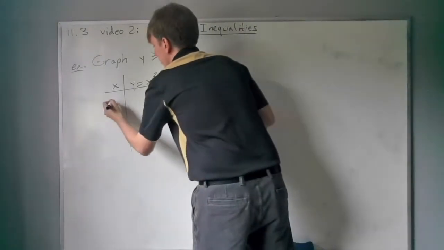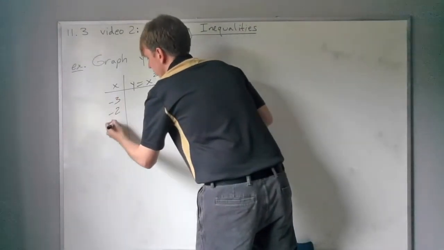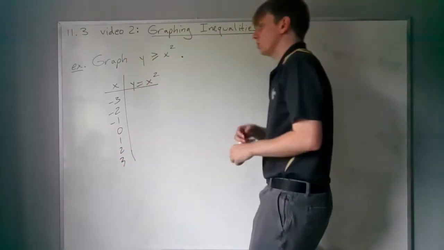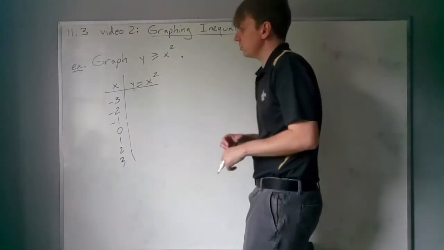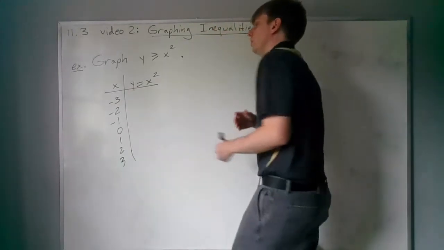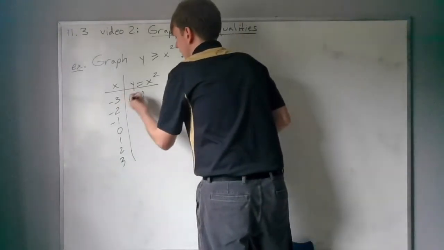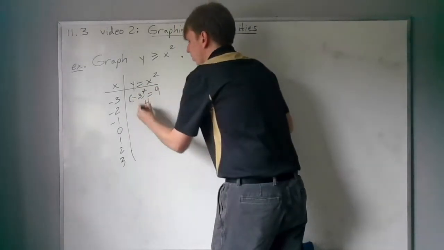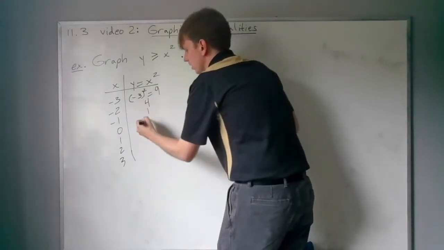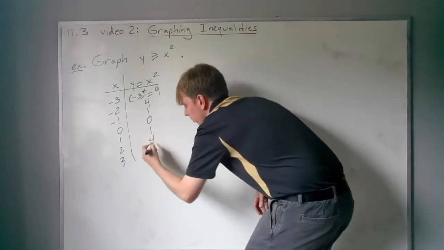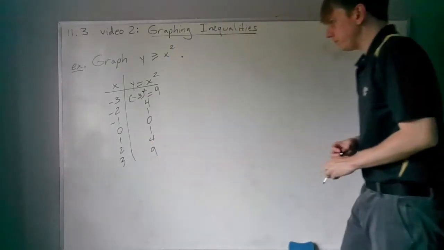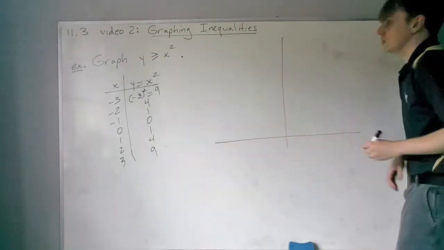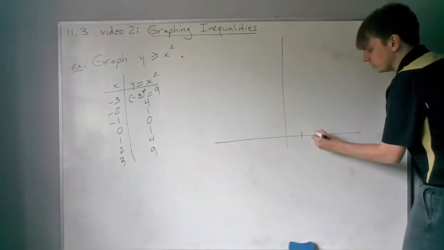So I'll plug in numbers, -3, -2, -1, 0, 1, 2, 3. And since we're just squaring, we should be able to fly through this really quickly. -3 squared would be -3 times -3, which is +9. 2 squared would be 4. 1 squared is 1. And then 0, 1, 4, and 9 again. So my graph would look like, since we only have positive points, positive y's,